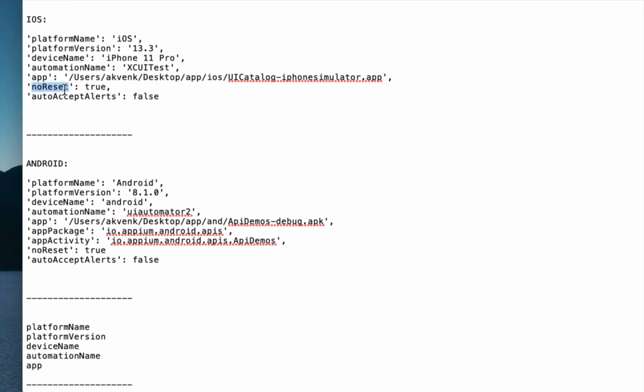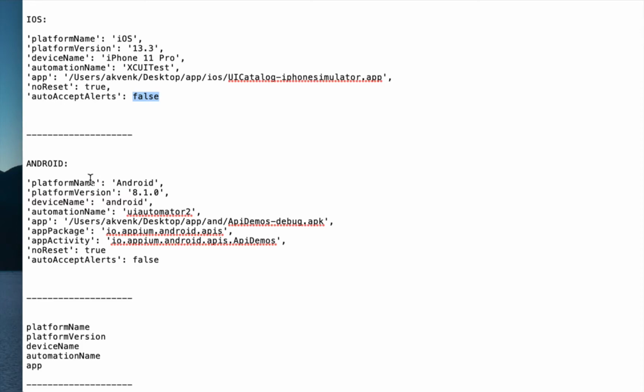The no reset flag will ensure that the app state is not reset between test cases, and auto accept alerts will ensure that if there are any pop-ups on screen, it is not getting automatically dismissed.